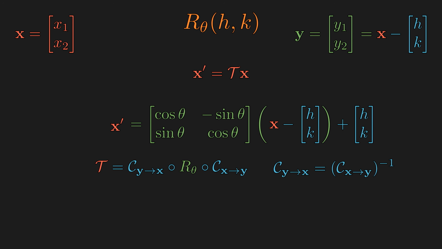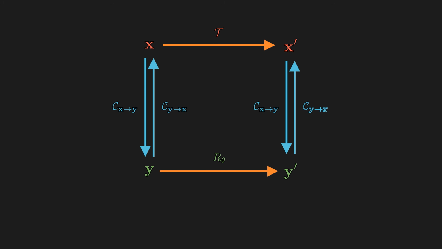Now that we solved our problem, let's make a diagram out of what we just did. The upper arrow t represents the transformation that we are trying to describe in x coordinate description. And the easier problem is to describe it in y's coordinate, which is simply just rotation about the origin. And since each of these arrows represent some transformation, whether it's an actual transformation or just transformation of coordinates, we